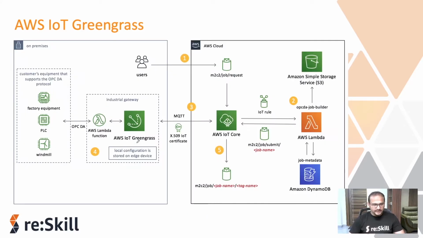Okay, an example of IoT Greengrass: we can have things like this, which is an on-premise network. There can be factory equipment, PLCs, windmills, OPC UA servers. There can be all those devices that generate data, and then they can send that data to the Lambda function that's running on the Greengrass core. It can do some kind of preliminary work on the data it has got, and then it goes to AWS Greengrass. Greengrass can have local storage, or it can further forward it to IoT Core.